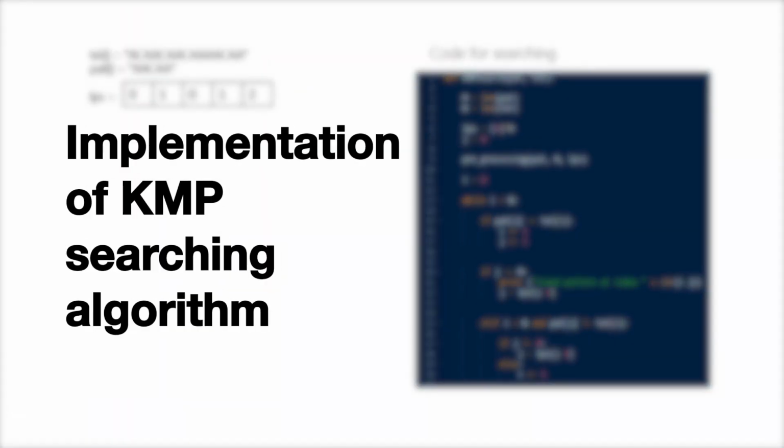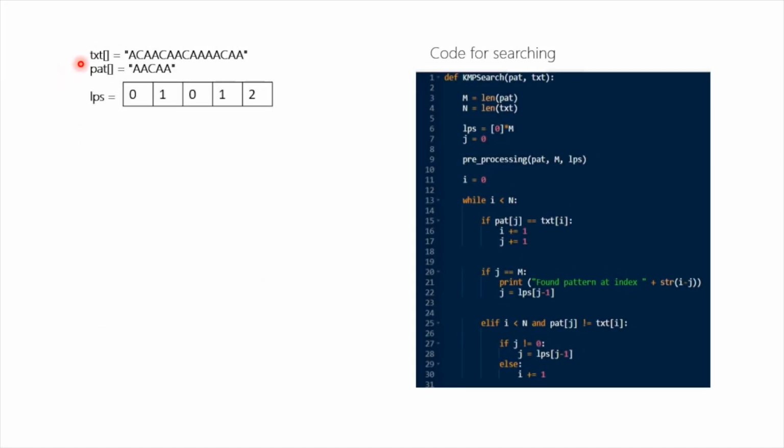Now that we have pre-processed this pattern, let us try to find its occurrences in a given text. Let us consider the given text and try to find the pattern AACAA in it. Since we've already pre-processed our pattern and found the LPS array, we can simply move ahead with our search. Initially, we'll have two variables I and j with values 0, which would represent the index of text and the index of pattern respectively. Since their values are 0, we first compare the first characters of text and pattern.